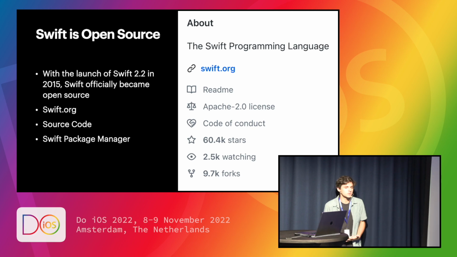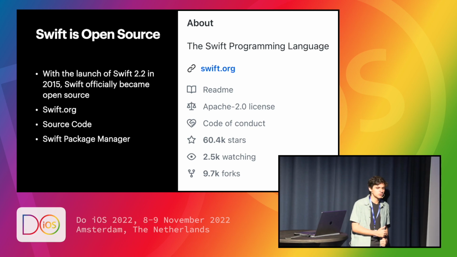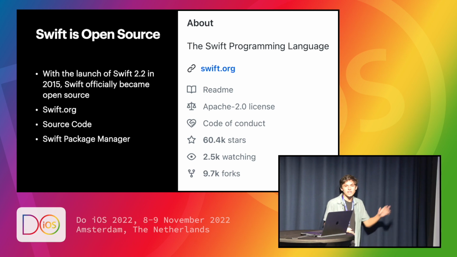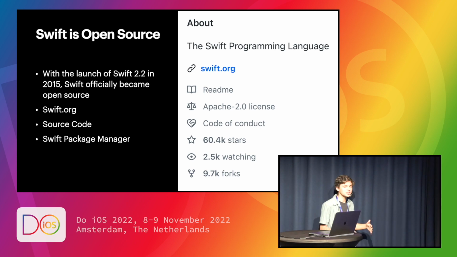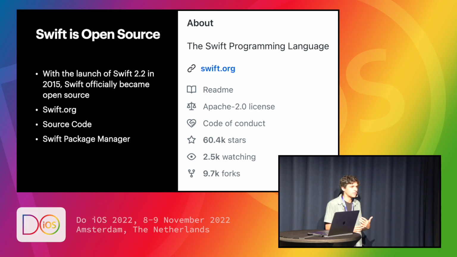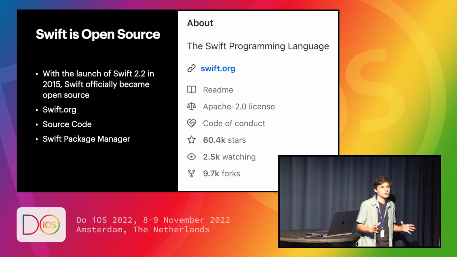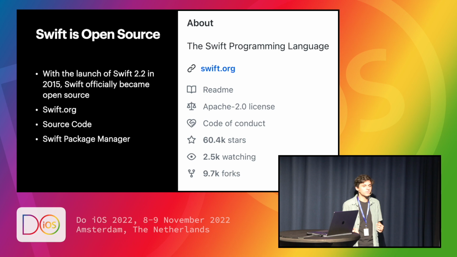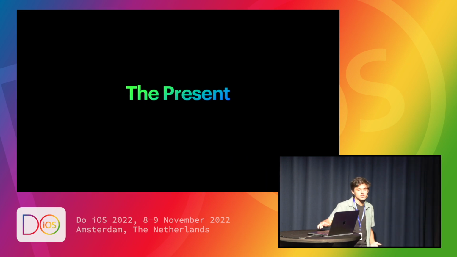And so with that open sourcing of Swift, you have swift.org created, you have the Swift package manager, you have this Apache 2.0 license kind of controlling Swift, and that Apache 2.0 license is this like weird legal stuff that essentially just means do what you want with the language. It's not our problem anymore. Although it still kind of is your problem, Apple, because at this point we have the problem of backward compatibility becoming completely uncontrollable. And we need to kind of solve this problem and find a solution that works for all sorts of new versions that are coming about with the open sourcing without sacrificing the creative leeway that comes with open sourcing Swift. And this is where we get to the present.